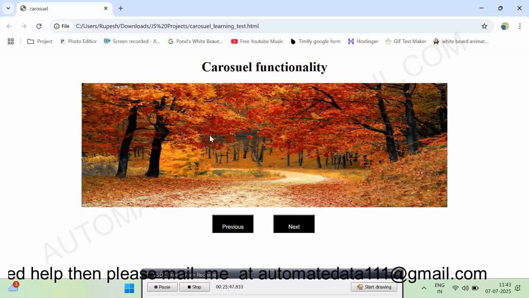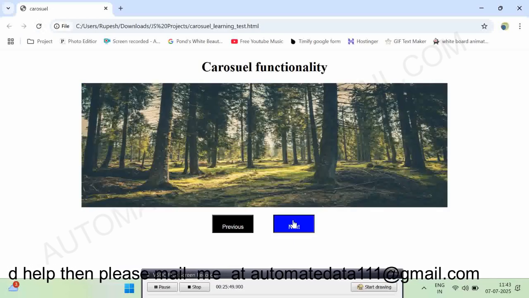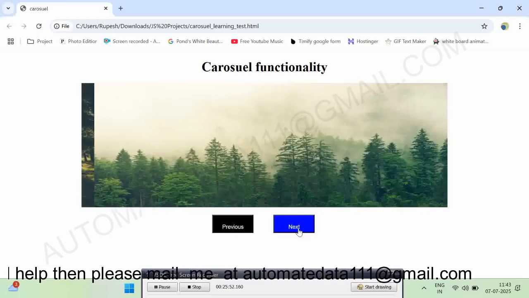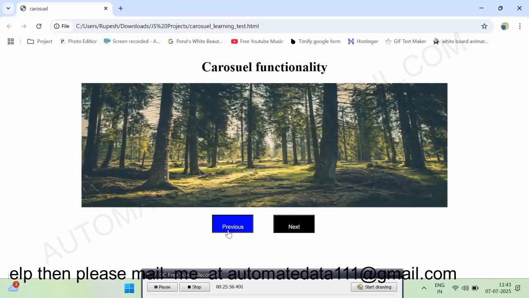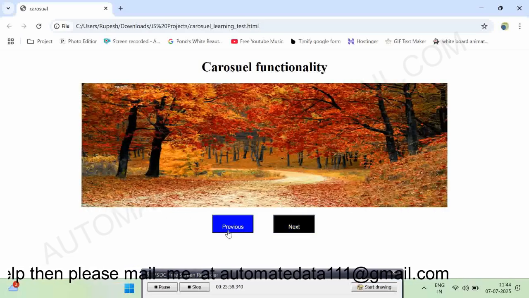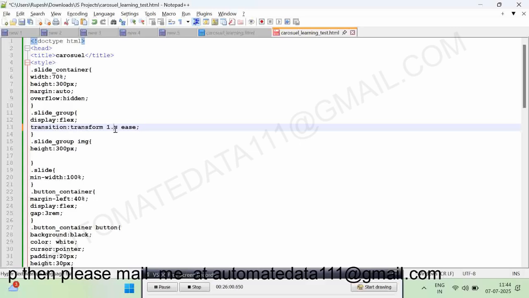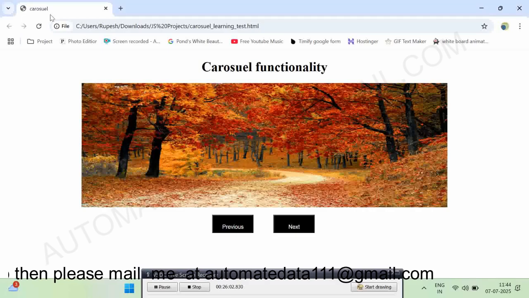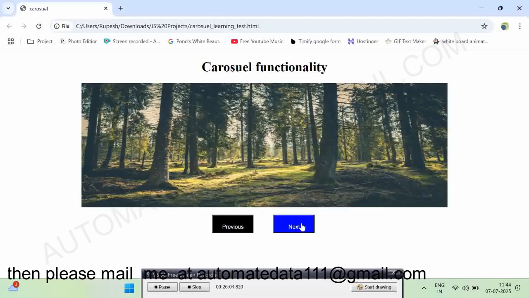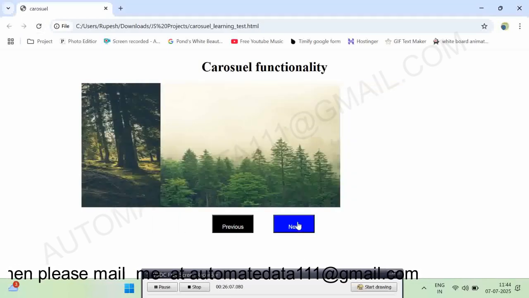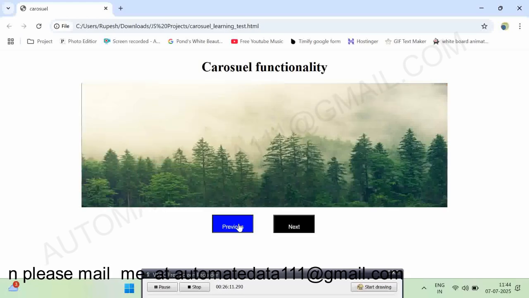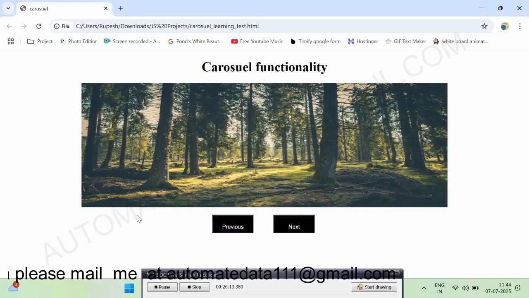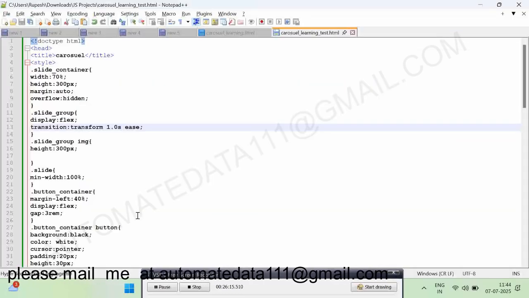Let's see how this will look. Okay, and if you put here 1, then this will be a little bit faster than the current movement. Okay, so I hope